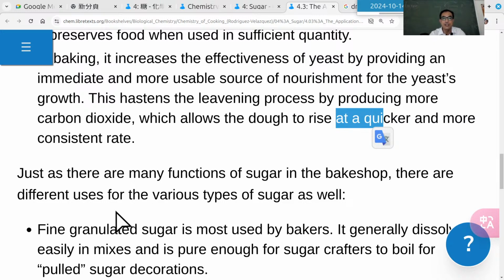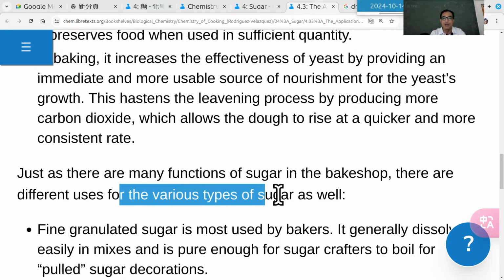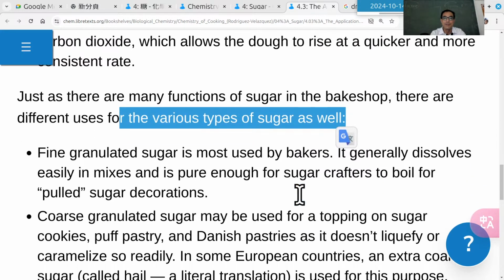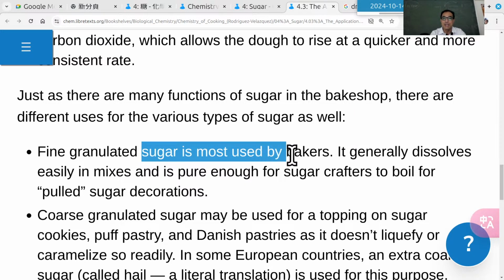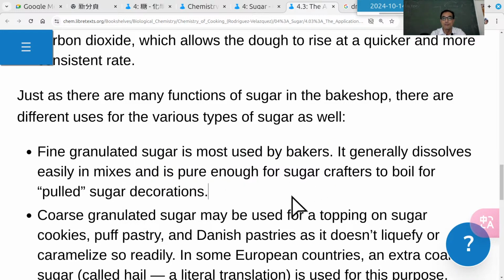And just as there are many functions of sugar in the bake shop or bakery, there are different uses of various types of sugar as well. Let's look at that. Fine granulated sugar is mostly used in bakeries. It generally dissolves easily in mixes and is pure enough for sugar crafters to boil for poured sugar decoration,